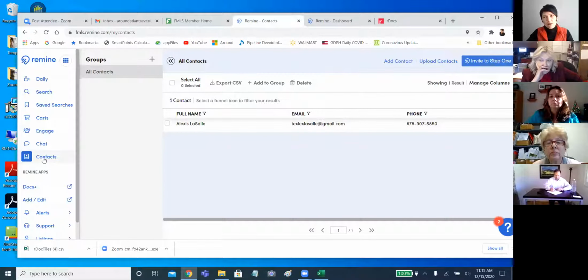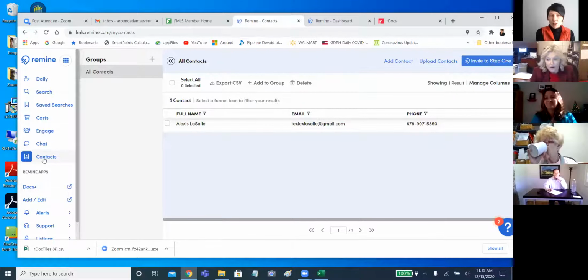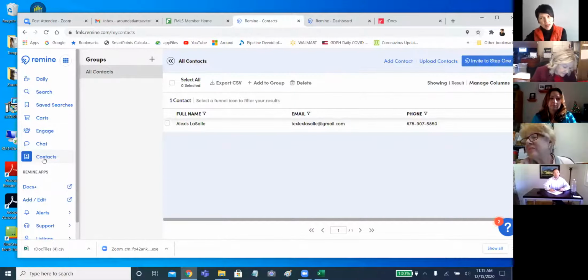Sandy and I have discovered that it doesn't necessarily make it easier when you are creating a transaction because it doesn't appear that every single time this contact information is going to pull over into your transaction. My understanding was that that was how it was supposed to work, and maybe they're going to work some kinks out. You can add contacts to this screen, and ultimately I believe that they will be able to move over into your transaction screen. If you put in something in the transaction screen, it's not going to move it over into contacts, and that I do know for sure. But